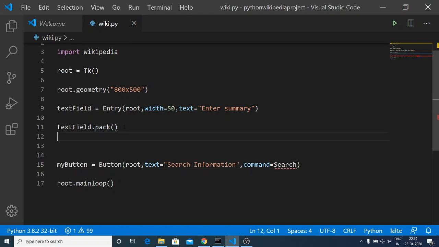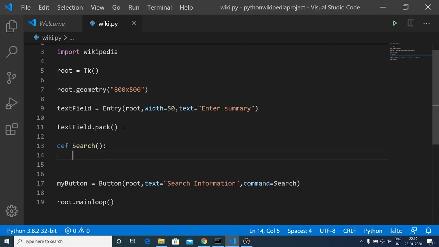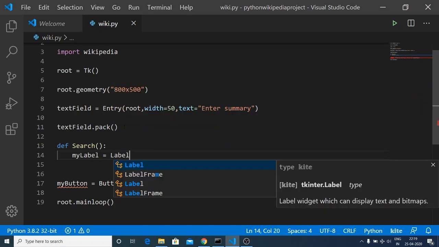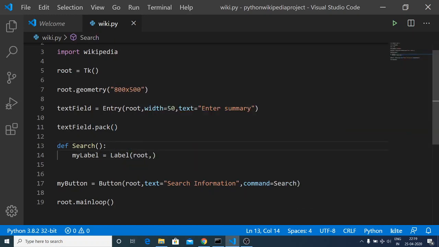Now we just need to define this method at the top here. So def search, this is a method, put colon like this. And now we will be making a simple label on the screen with the help of the Label method. First of all, we will pass the root instance and then we will pass the text that needs to be written on the label.